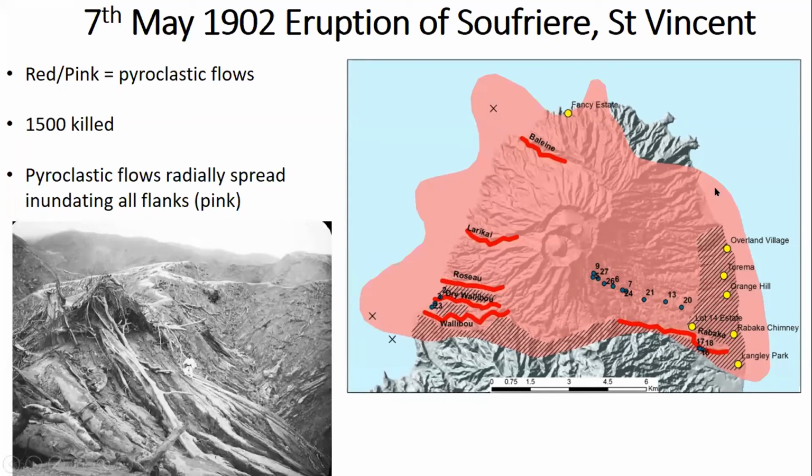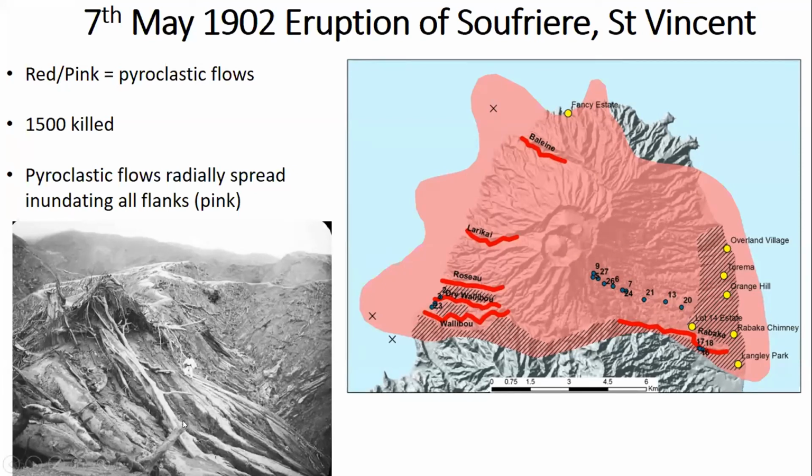The map that you can see here shows the area impacted by the pyroclastic flow, which was formed probably by eruption column collapse or fountain collapse, the same mechanism that produced the explosions in Montserrat, and it killed 1,500 people. The fact that 30,000 people were killed in Martinique the following day largely overshadowed what in itself is a major volcanic disaster.